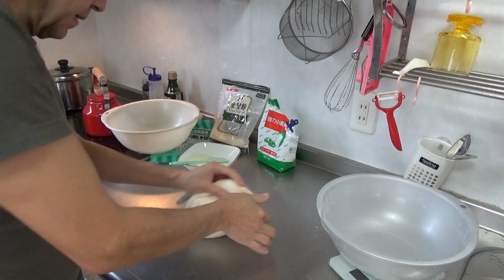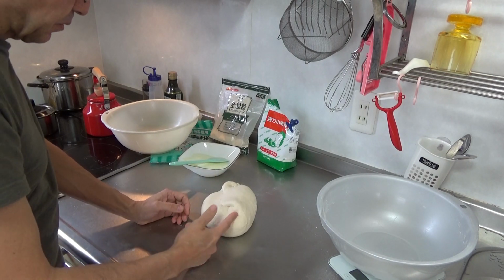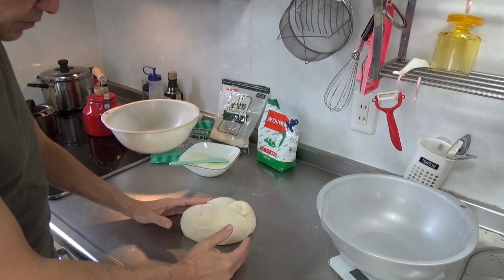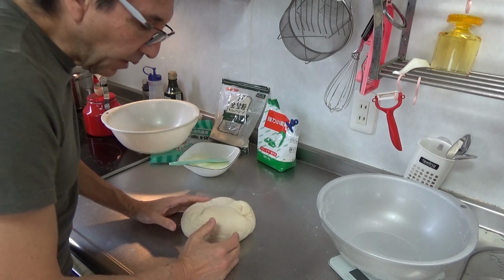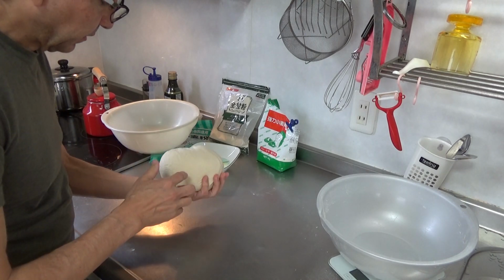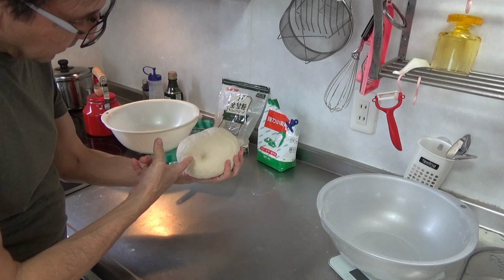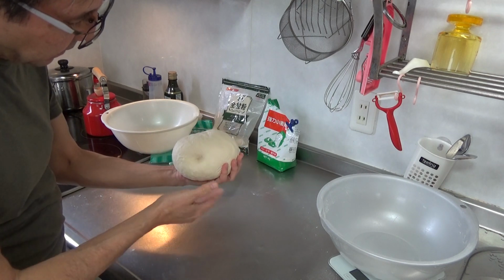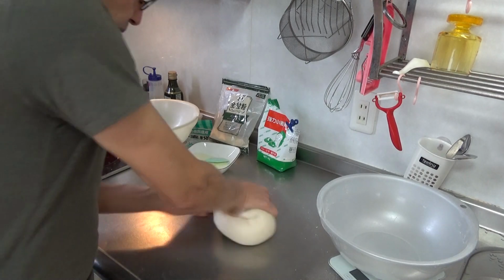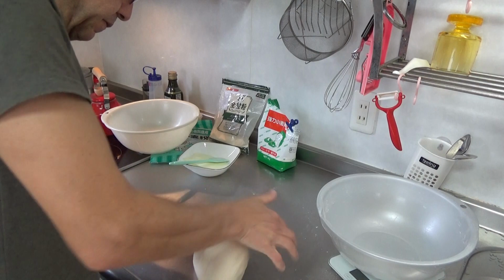But the key isn't time, like how many times you do it or how long you knead the dough for. You're basically kneading the dough with the goal in mind to get it to a smoothness to where when you push in, it doesn't just sit like that. It should pop out immediately, right? So you're just working towards that. So you can do it with some speed,